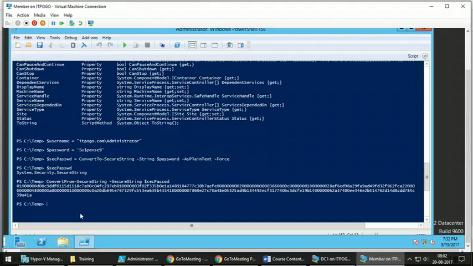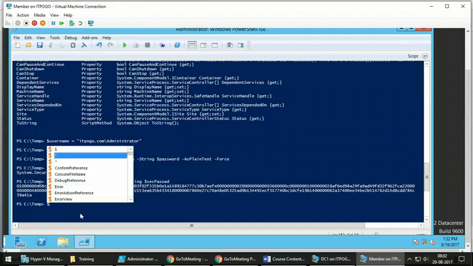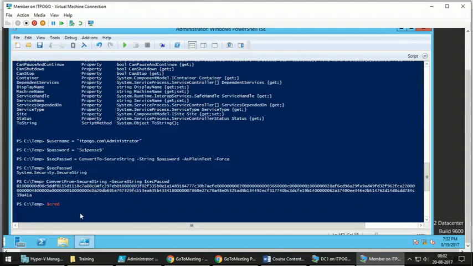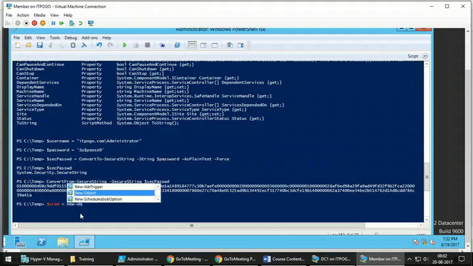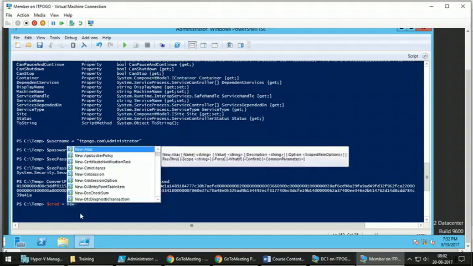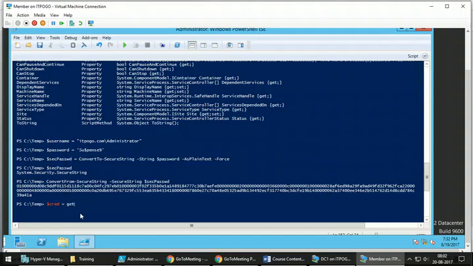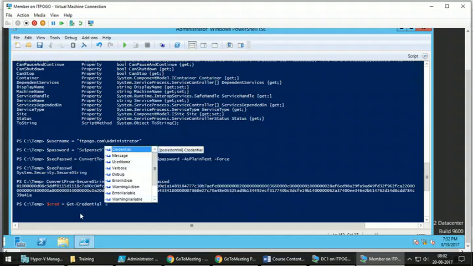Now, how do you create the credential object? Dollar cred, you can give any name. I'm giving it $cred is equal to new object, sorry, get-credential.